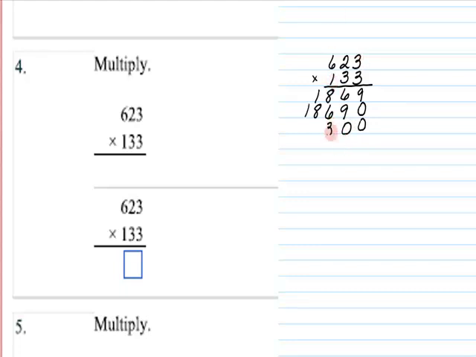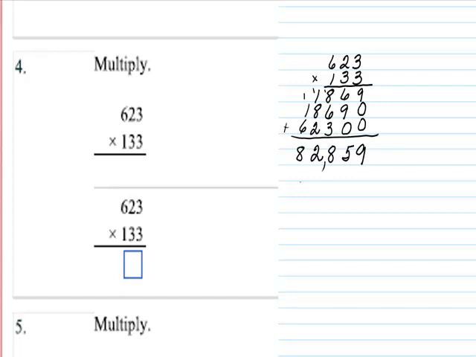1 times 3 is 3. 1 times 2 is 2. And 1 times 6 is 6. And I'm going to add all these. I get 9. 6 plus 9 is 15. Carry the 1. 1 and 8 is 9. Plus 6 is 15. Plus 3 is 18. Carry the 1. 1 and 1 is 2. Plus 8 is 10. Plus 2 is 12. And carry the 1. 1 and 1 is 2. Plus 6 is 8. That answer is